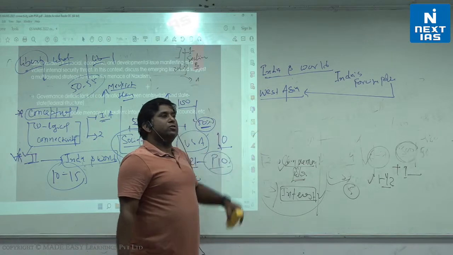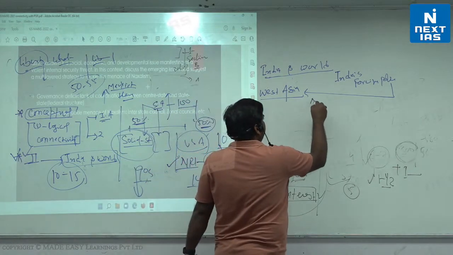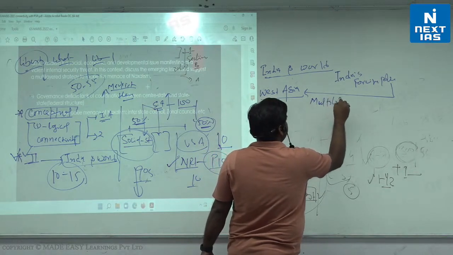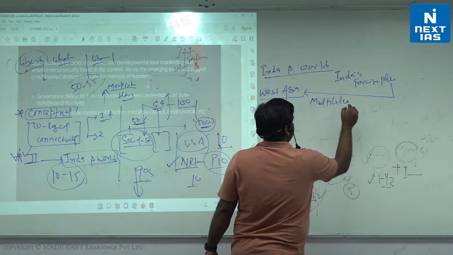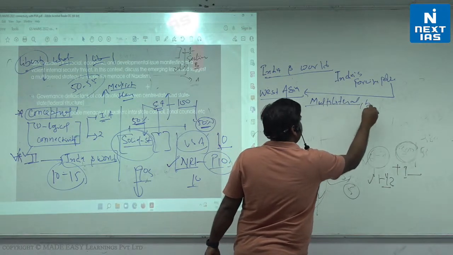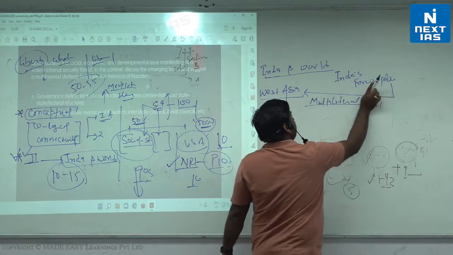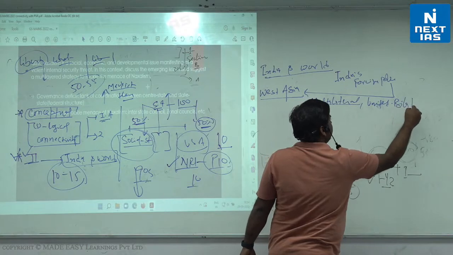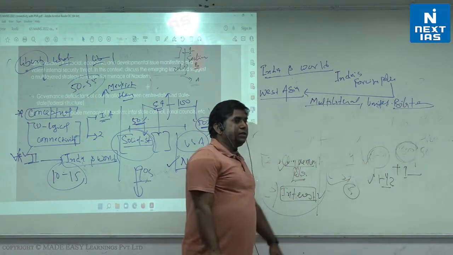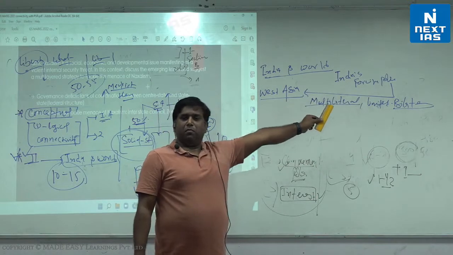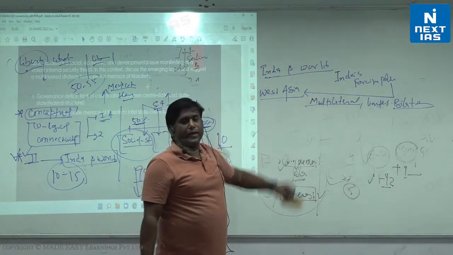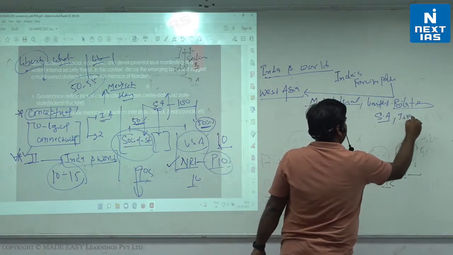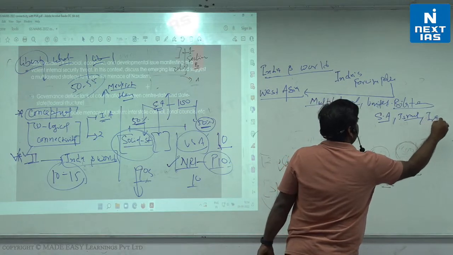India's approach towards West Asia is more of multilateral as well as bilateral. और इसको मैं लिख दे रहा हूं लिमिटेड बायलेटरल. जैसे ही हमने कहा लिमिटेड बायलेटरल, the meaning is that we are not having much deep bilateral relationship with many countries. So it's just Saudi Arabia, Israel, Iran, and now UAE.